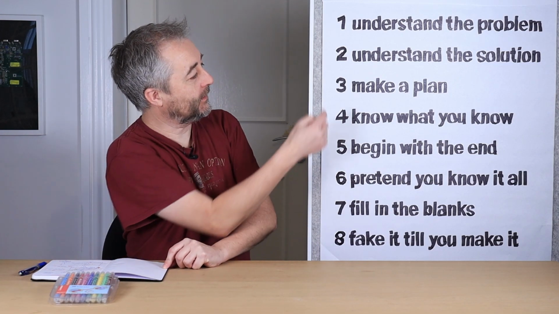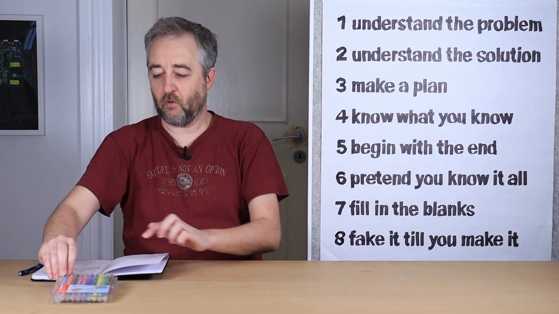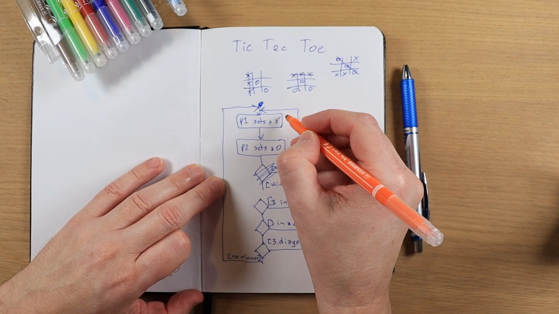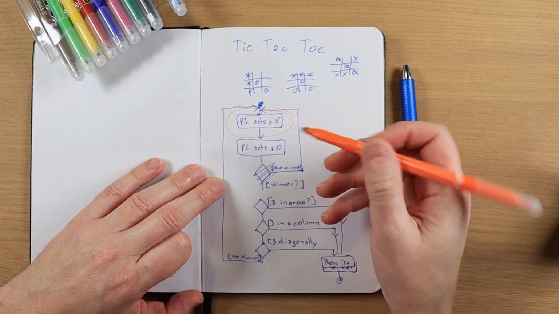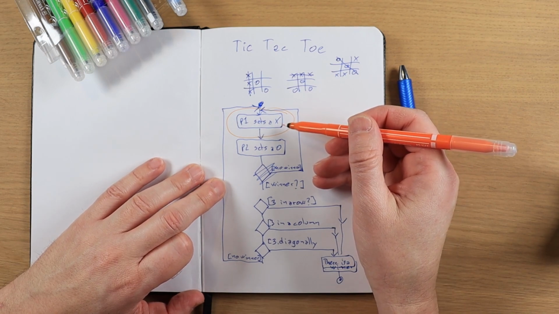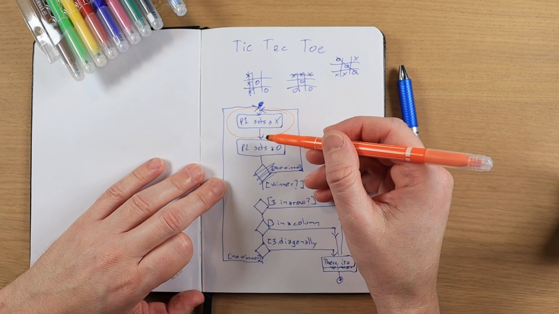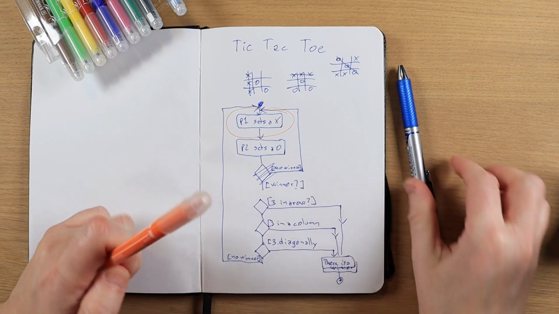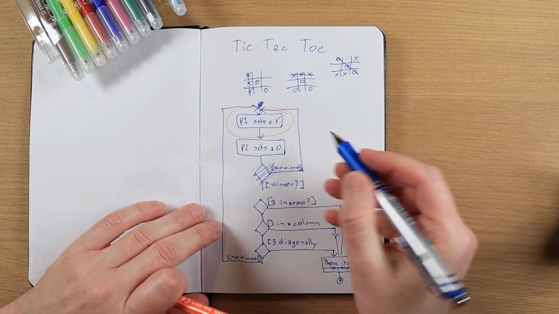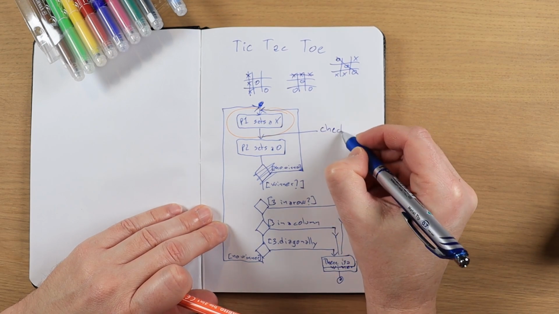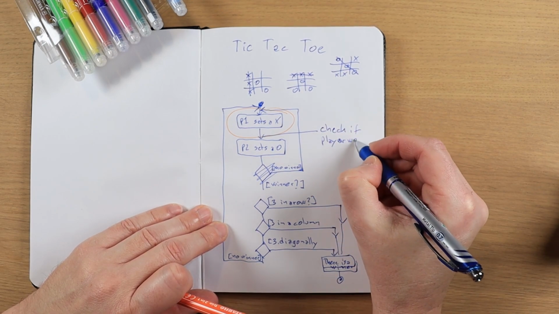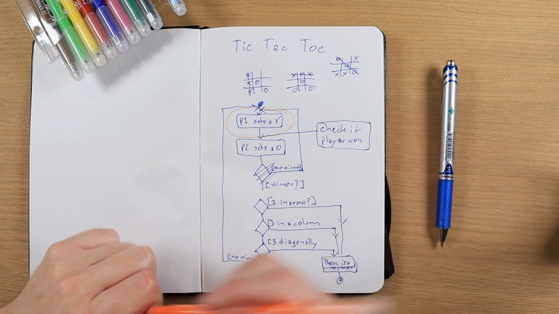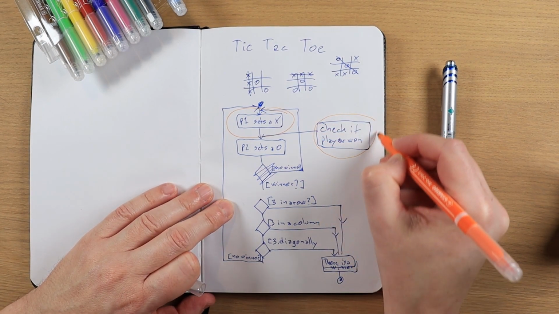Now I'm ready for my next step: make a plan. So I'll take a different color and mark the various parts. First, here is that the player selects a field and sets a mark. And then there should really be a check for if the player won. So I'm going to add that. Okay, I forgot that. So I'm just going to insert here, check if player 1 won. And that will be the same as this part here. So we have a check if the player has won.